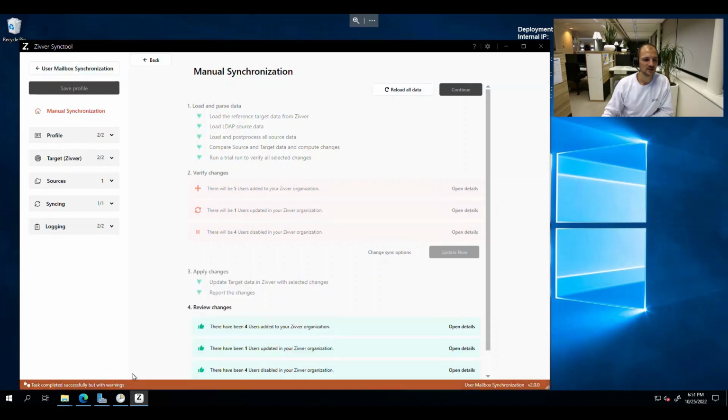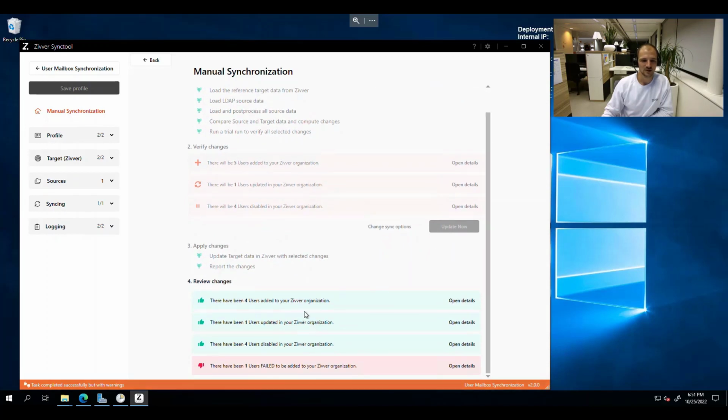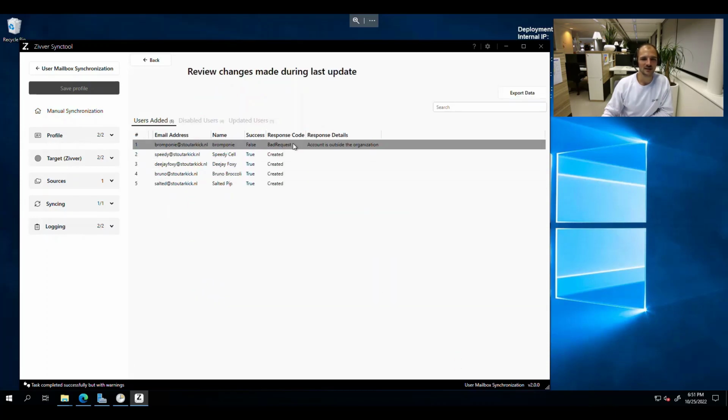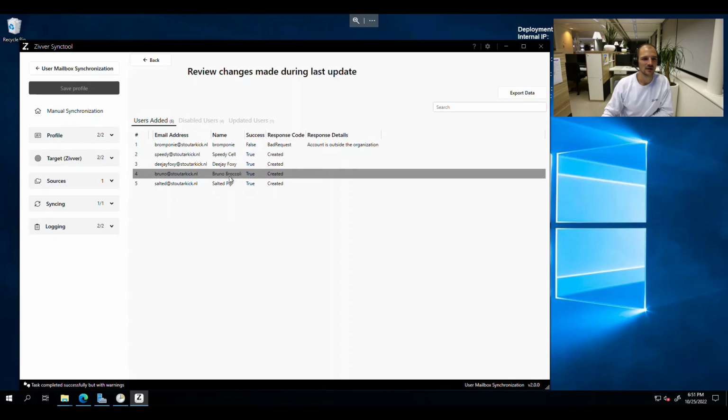So in the bottom you can see where the sync tool is working, and at the end it will give you a result. So for me, 4 users have been added where 5 could be added, so that's probably the one that failed, and the others have been successfully changed. So when I click open details here again, I can see why this has failed, and this is because